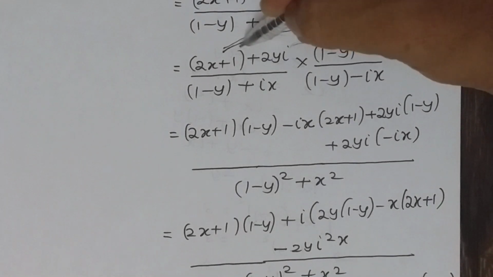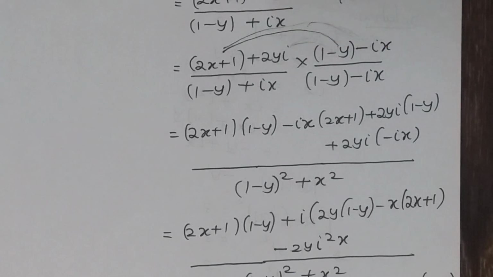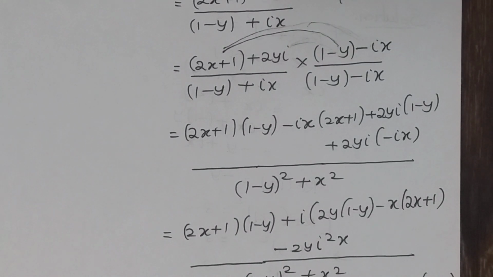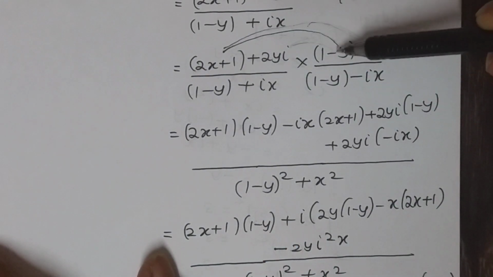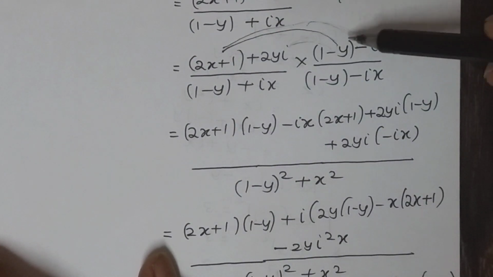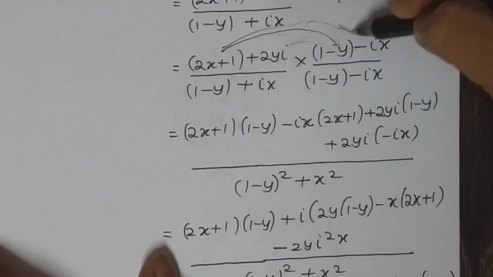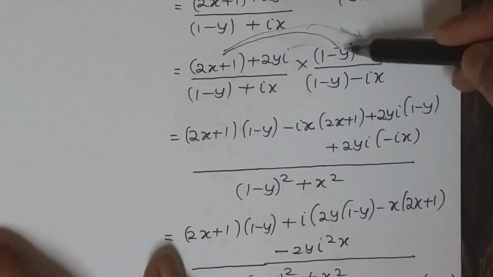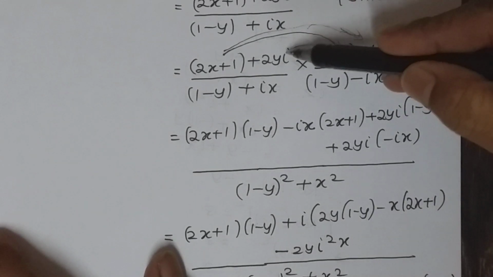Okay students, so real part, real part, imaginary part. In the same way here imaginary part, real part, imaginary part, imaginary part. It is like ordinary multiplication only. Okay, so if you multiply, what is the answer you are going to get? 2x plus 1 into 1 minus y, 2x plus 1 into minus ix. That ix I took earlier, it is our choice. So the real part is taken, and we have multiplied both of these. Okay? So then what you should do, take the imaginary part: 2iy into 1 minus y, 2iy into minus